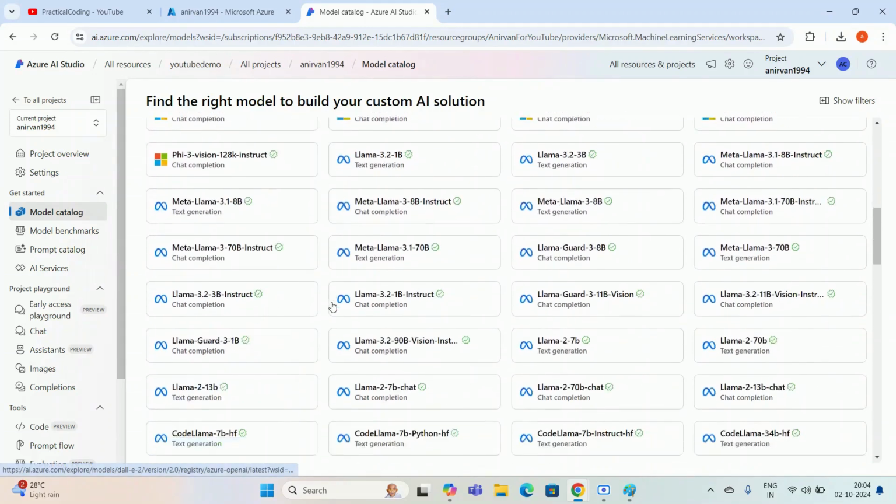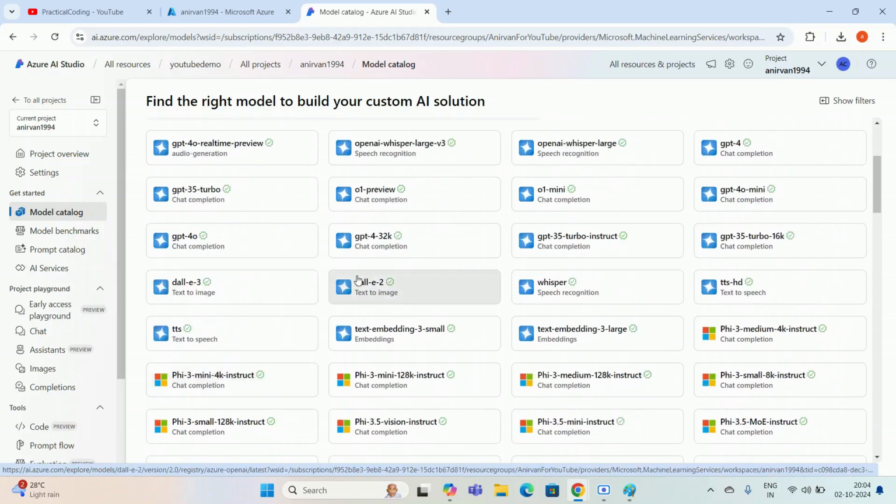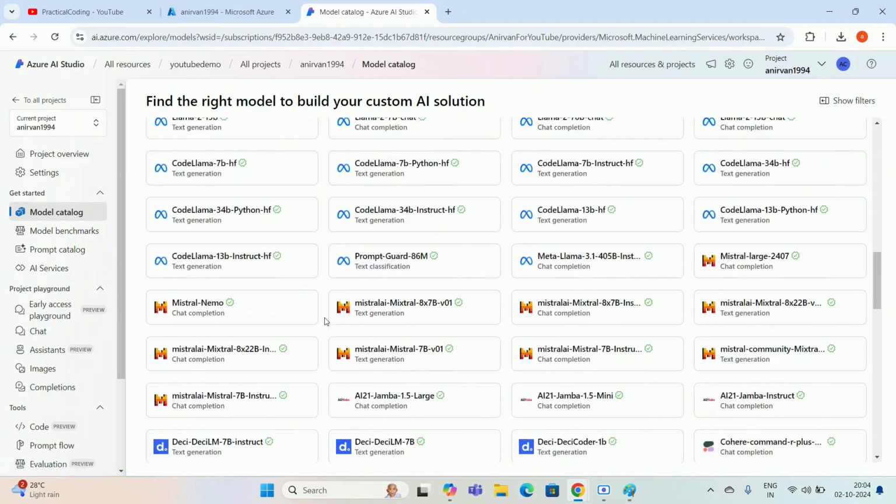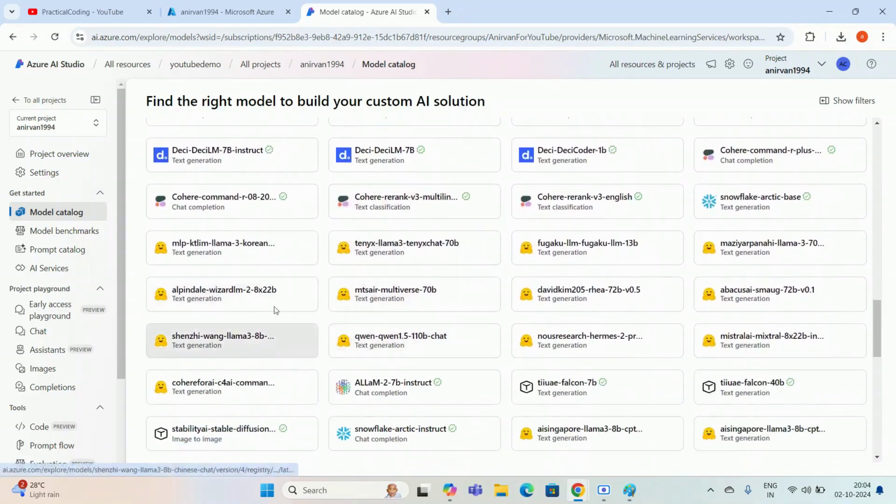If I scroll down, you can see Phi 3 Mini, DALL-E is available, OpenAI, Llama is available. Those are models from Hugging Face, text generation. I have my first video on Hugging Face, not the Playground Zero, the next video, I think video number 1. If you go through that, you can get an idea of the similarities between Azure and Hugging Face. There are so many free models available in Hugging Face, similar to Microsoft Azure, which we can use via our code base. You can test and select them as well. The same service is available in Microsoft Azure as well.